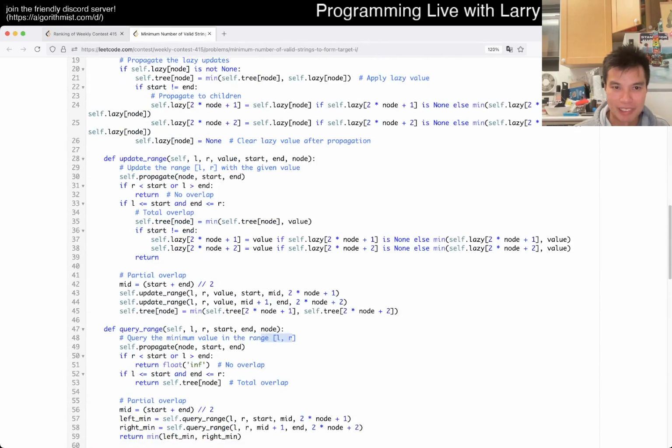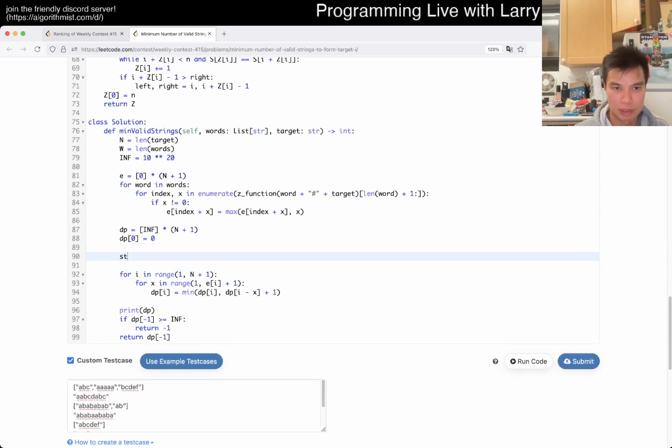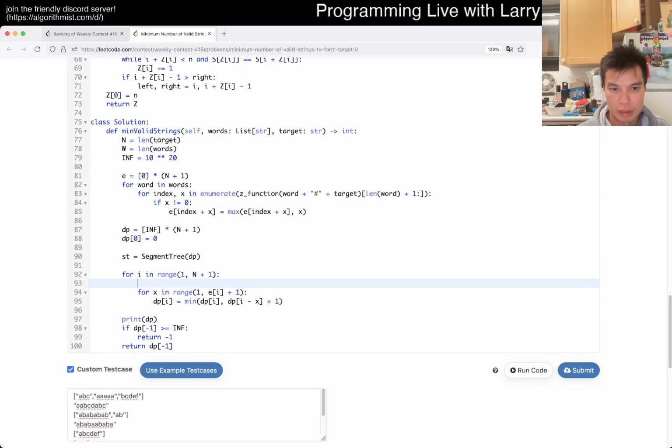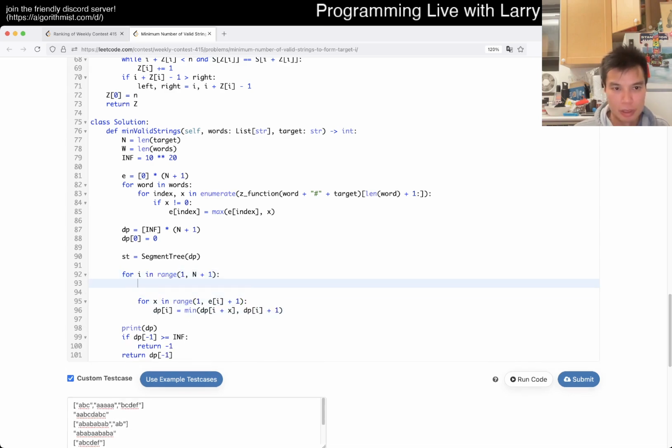I'm checking the bounds on this one now. But yeah, so now, I mean, we still have the same thing. I guess we can just do DP. Actually, that would probably work. And then, yeah, I think this is wrong. So what we want is actually dp of index, right? And then this is this plus x. So we want to update, no, not +1. So we want to update range of